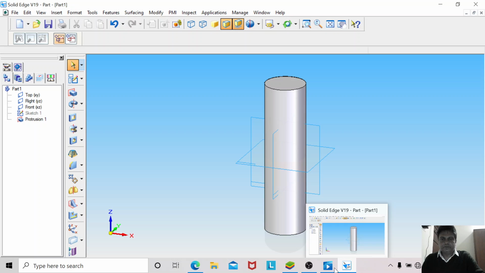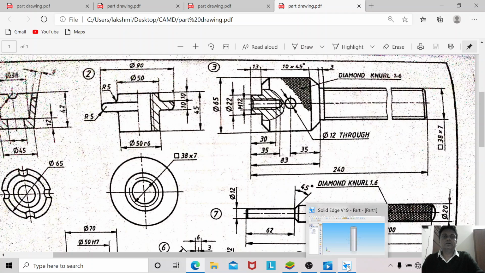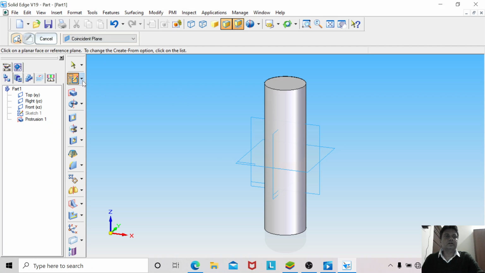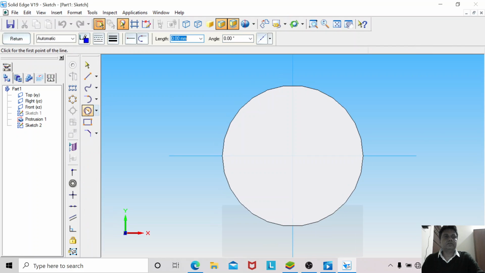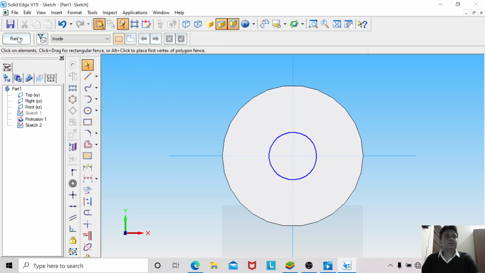the sketch. Now look at this drawing, out of which this shape is. Now you can take the circle command and remove the material using the cutout option. First the 22 diameter, and how much depth? Here he has mentioned 13 mm depth. So I will remove that material, keeping 22 as the control. I will consider this as my top face, and I will draw a circle of 22 diameter, and then